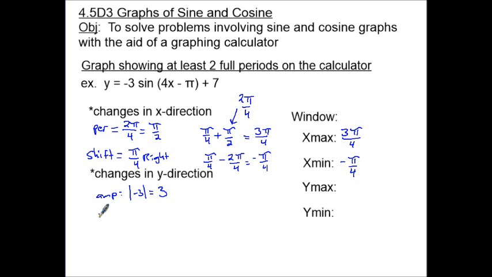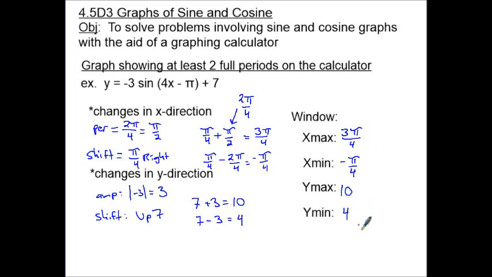And also we have to account for any sort of shifts. So what we're going to do is shift, in this case, up 7 because of the 7 right here. Okay, so if we think about it for a second, we're starting at 7 for my midline, and then we're basically going to go plus 3 to get to a maximum value of 10, and then I'm going to go to the midline down 3 for my amplitude, and that's going to be taking me to a value of 4. So y max is going to be 10, y min is going to be 4, and using these 4